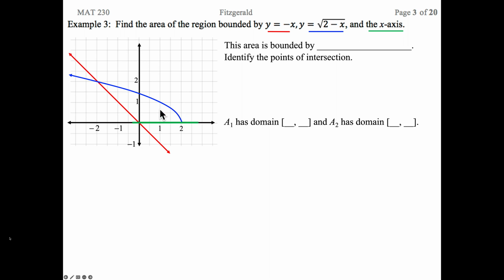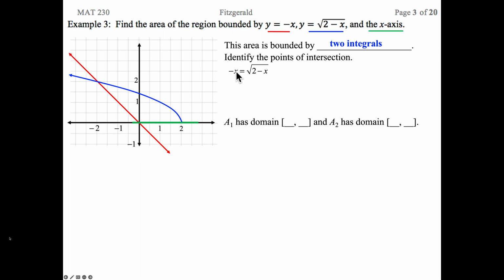different integrals. Because if you notice in my picture here, the blue is the top curve for everything. But to the left of the y-axis, the red curve is the bottom curve. And when we get over here to the right side in quadrant 1, the x-axis is our boundary here at y equals 0. So far, we have an intersection point at the origin. We can see an intersection here at (2, 0). And just to make sure, I'm pretty sure that's at (-2, 2), but I'm going to go ahead and